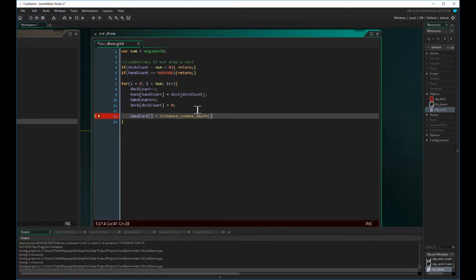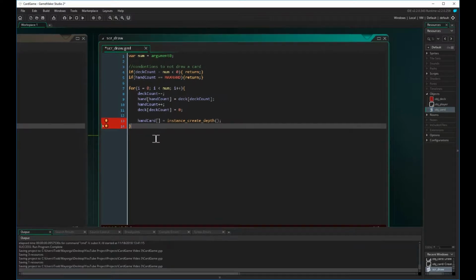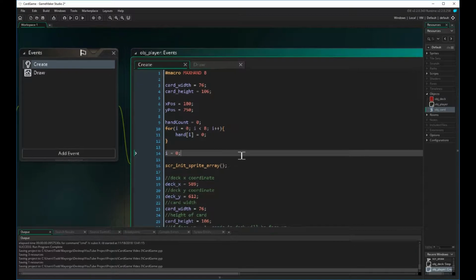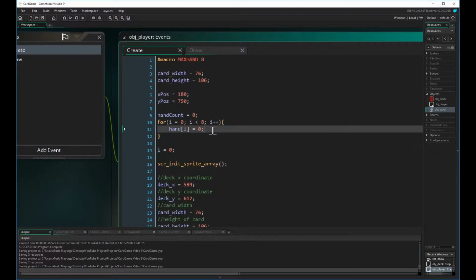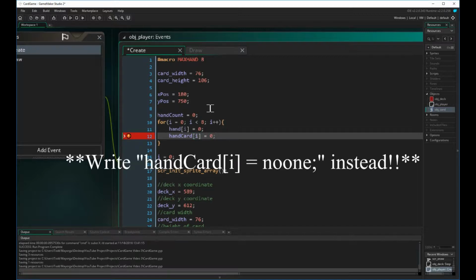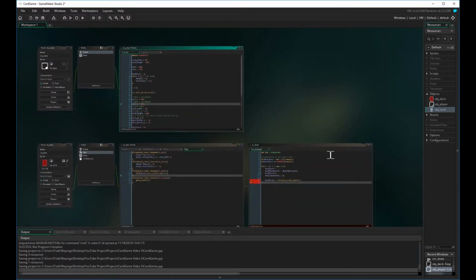And then we're going to use the following function to create that. So what we want to do before we move any further is add this variable initialization to the player hand. So we're going to go to our object player, where we initialized our hand, and we're going to add this to this for loop, so we have one of these variables created for each hand position. So now we're going to go back,